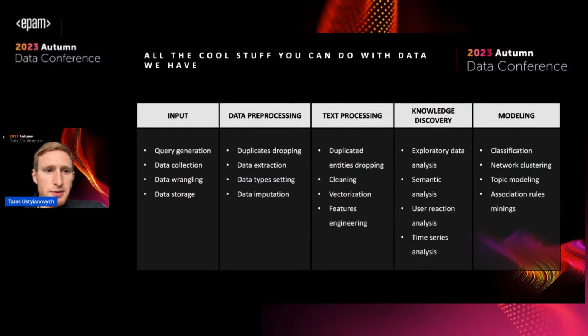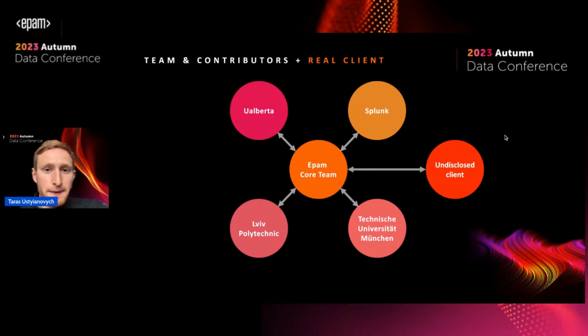And here's a diagram showing everything you can do with the data we had. First of all, input data preprocessing and text preprocessing are pretty common for almost any NLP project. And you might be interested in knowledge discovery, which might include semantic analysis, user reaction, user engagement analysis, and time series. We also did association rules mining for hashtag usage, topic modeling, network clustering, and classification. There are many more things you can do, but these are the most crucial ones and what we did. And at the end, we got a real client,